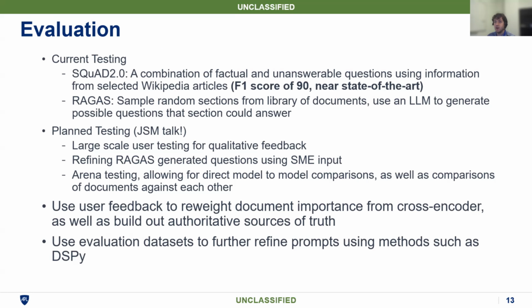And then there are also evaluation data set usages to refine prompts using methods such as DSPy, which is a cool way of using evolutionary methods to basically say, okay, I have a test data set that I know is good. What is the best possible prompt I can create to retrieve information from this data set? And basically it does a sort of hill climbing way where it constantly changes prompts and sees how different changes to the prompts make the performance better. So that's another key part of evaluation: if you have a good evaluation set that you can trust, you can then optimize your tool over that.